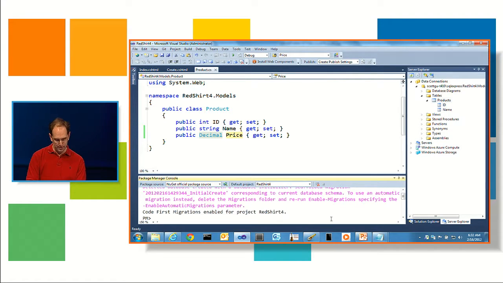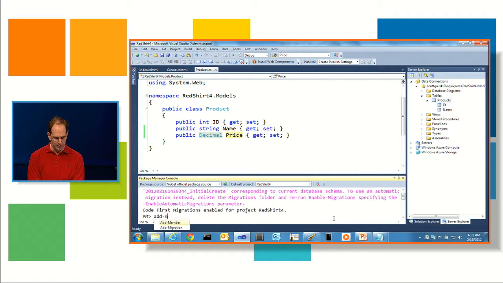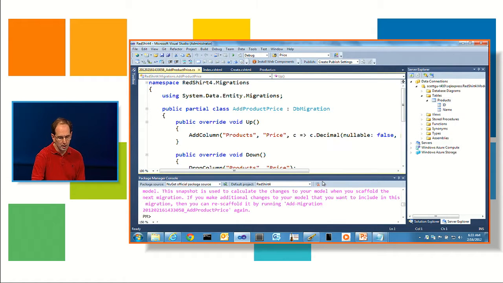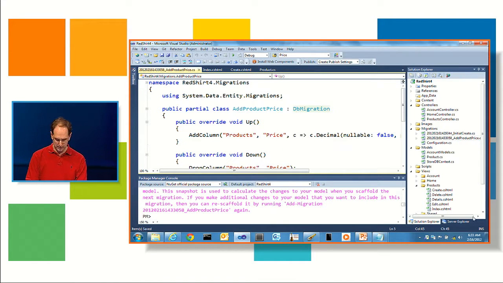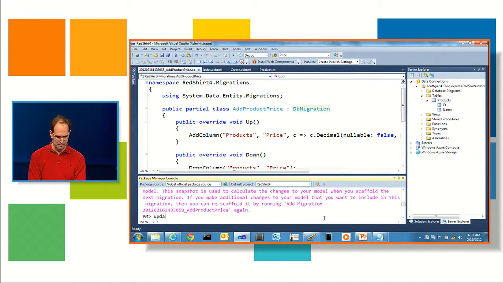So what I can do to enable this now though is I can just say add migration, and I can say add product price or any other friendly name I want as part of this. When I do this, this will automatically create for me a new file in my migrations folder that has another timestamp, so it's in order, and then it has another up and down method. Basically this up method just says, hey, you're going to add a column called price, and you're defining it to be nullable. And if I now say update database,